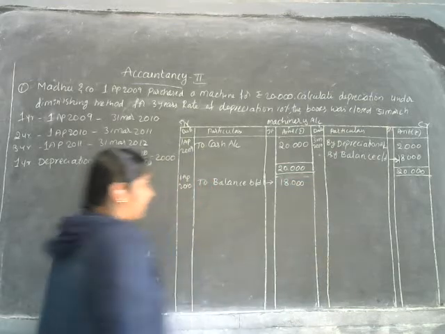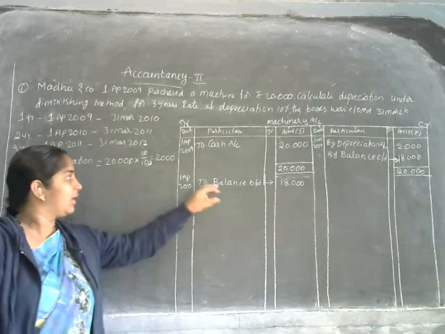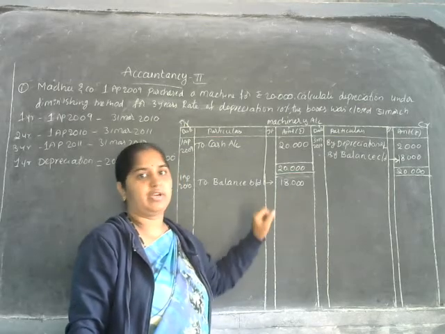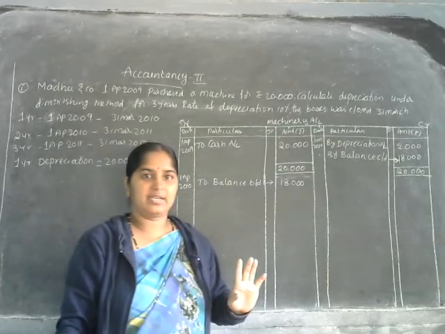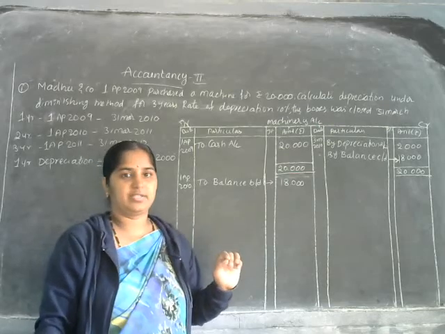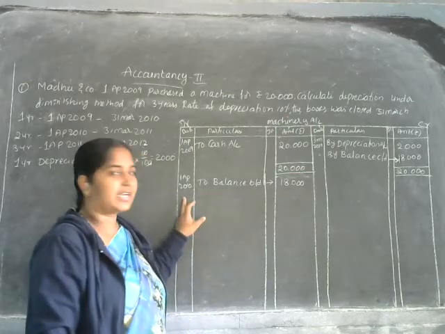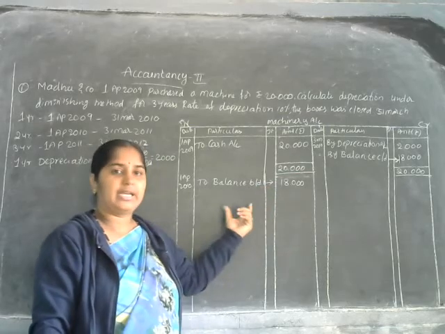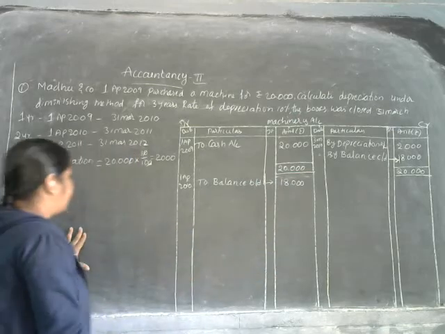What is the brought down value? 18,000. Now see, in the second year we have to calculate the depreciation. On which value? In the second year, the brought down value is 18,000. So on 18,000 calculate the depreciation. Is it clear? In the first year, we calculated depreciation on the cost of the asset, that is 2,000, and we found the balance amount is 18,000 carried on. Again that same amount is carried over to the second year. So what is the second year? 1st April 2010. So right here, to balance brought down. Now calculate depreciation in the second year on the brought down value. Okay. Now come to the working note now.